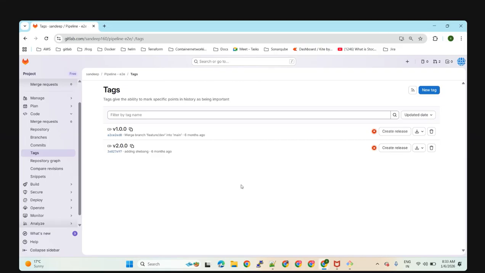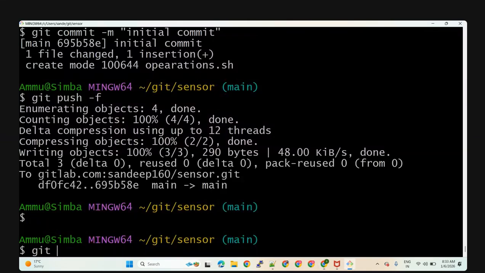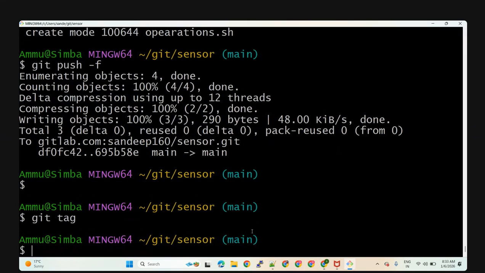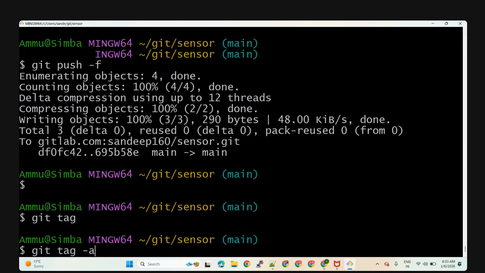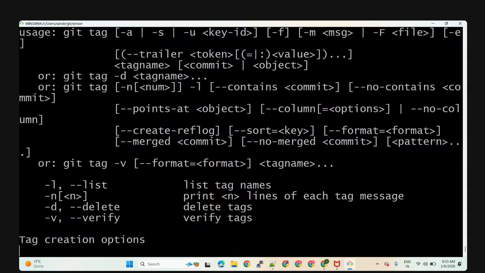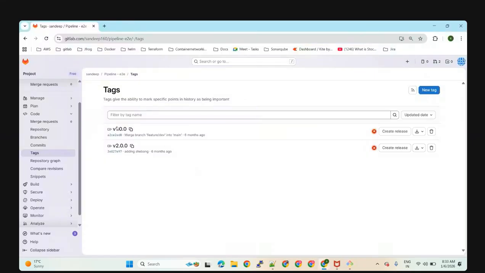So there is no track on it, right? Whatever tag you will do. No, when we create a tag, there is a track, right? And when we delete, there is a track. Suppose, let's say, if I do git tag -a,